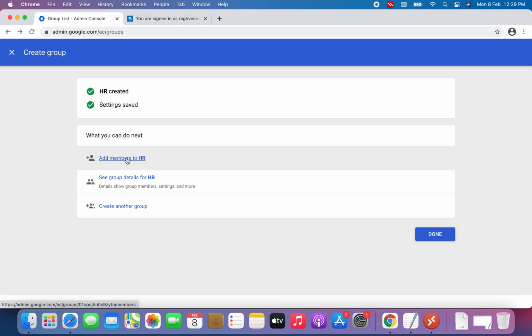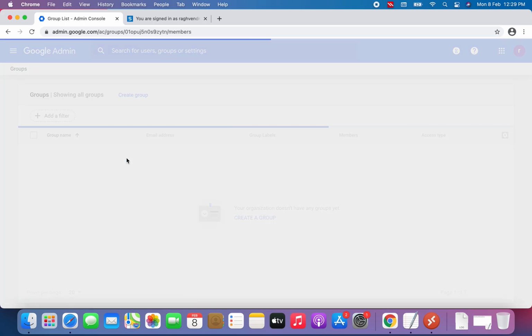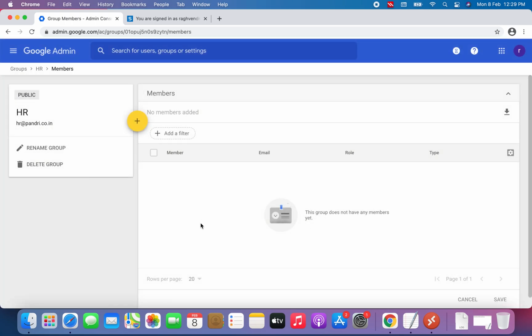If you want to add, click on add members and select the users you want to add. There are two options: add members one by one or bulk upload members.